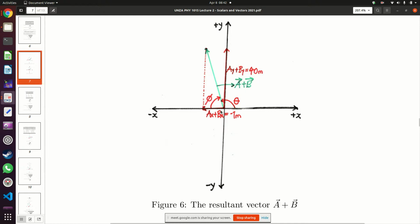Okay. So, Sir, can you please repeat that? I am saying that we are going to shift this component AY plus BY, which is 40 meters and lies along the y-axis. This red line which lies along the y-axis. We shift this red line, then we put it at the end of this red line at the bottom along the x-axis, so that we can move like this, minus 1 meter, then we can move 40 meters along that direction. The reason why we can do this is because,